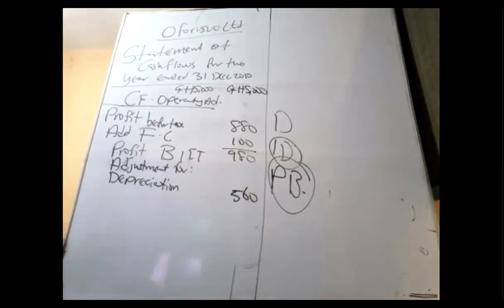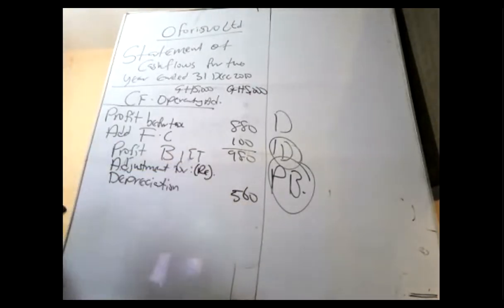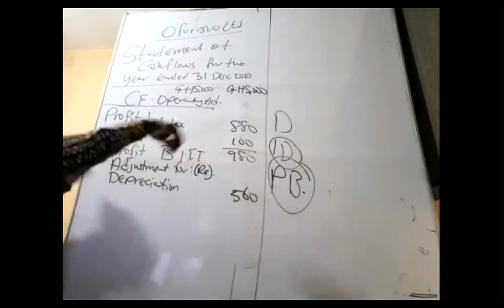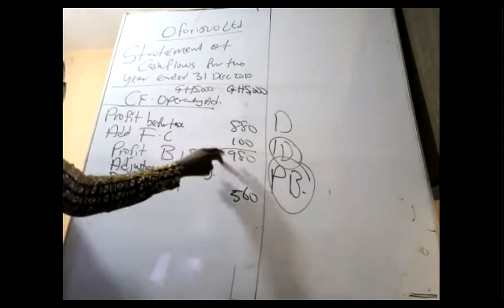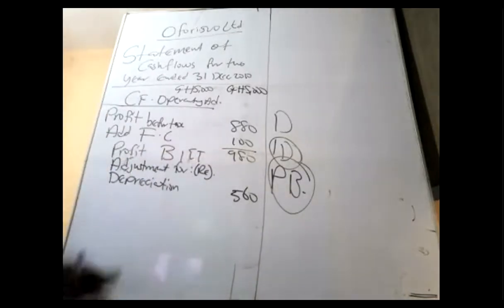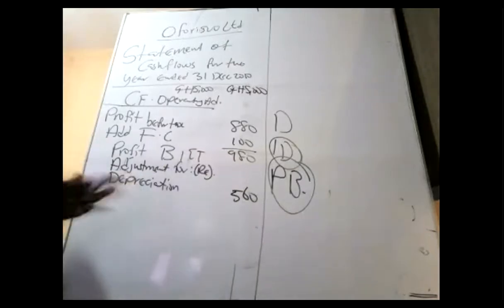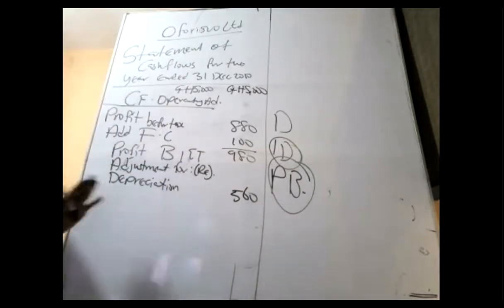So what do you do? We are reversing it. All the adjustments mean that we reverse. Whatever they have added to this profit wrongly, kindly subtract. Whatever they have subtracted from this profit, kindly reverse it, take it from it. That is all. So depreciation, they have subtracted, so immediately add back to reverse it as if they've not done it.